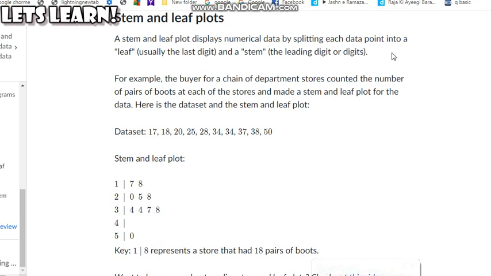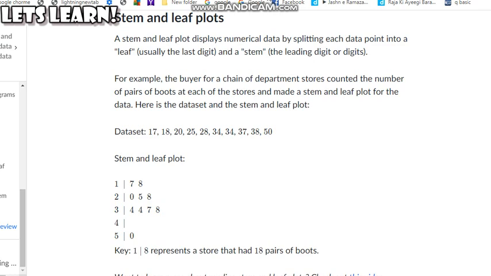Inshallah, today I'll be continuing with the topic of stem and leaf plots. In the previous lesson I told you what this is, how to plot a stem and leaf diagram, and what it is composed of. Before I move on to split stem and leaf plots, let's first review what we did in the last class.